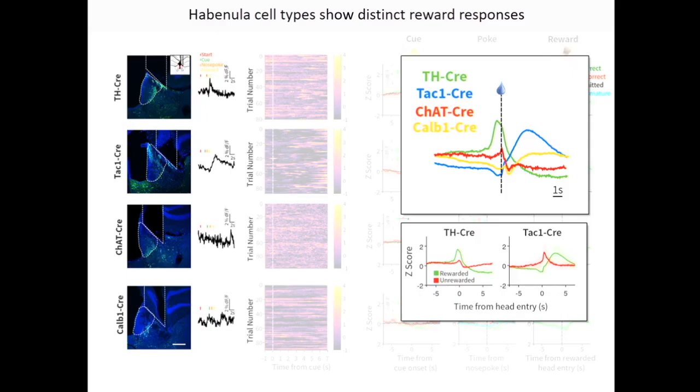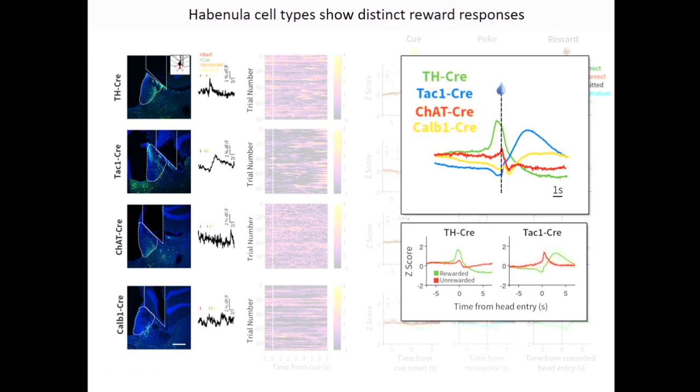And you see you lose that anticipatory response as the animal enters the reward port here. And interestingly, you see a completely different type of response when the animal enters the reward port and there's no reward to be found. And I was interested to see if this was reminiscent of a negative reward prediction error that you might classically associate with the lateral habenula. That is, it's active when the outcome is worse than predicted.